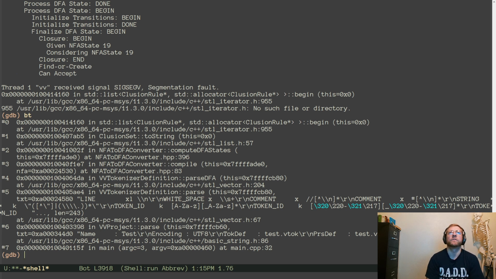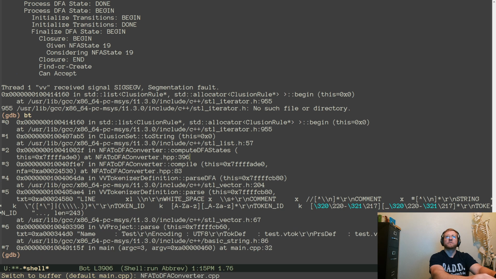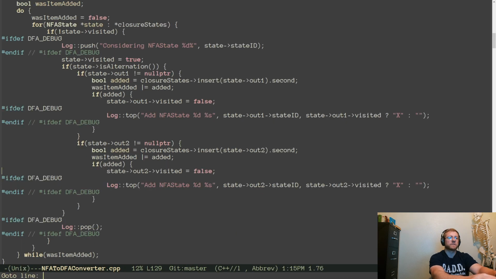ToString of a null, which is a converter of 396.